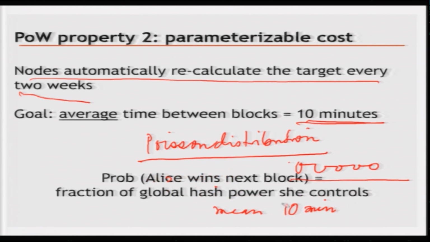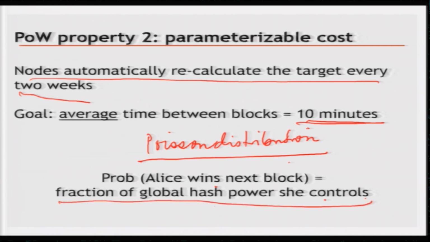The probability that somebody wins the next block is the fraction of the global hash power she controls. That is how it is designed. So, if you throw in more resources, your probability is going to be higher. If you have 50% of the resources, then every 2 blocks you will be mining 1 block, right. That is quite on the edge, because if you have more than 50%, then you might be mining more blocks than anybody else, and therefore you can bypass the original chain and build another chain which is longer,